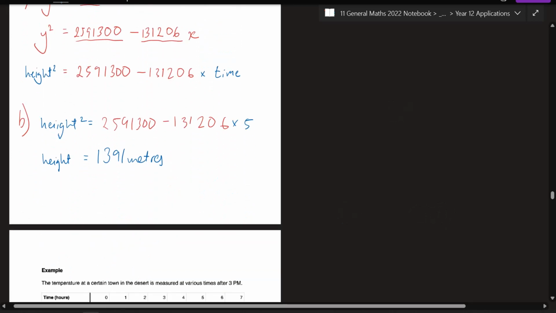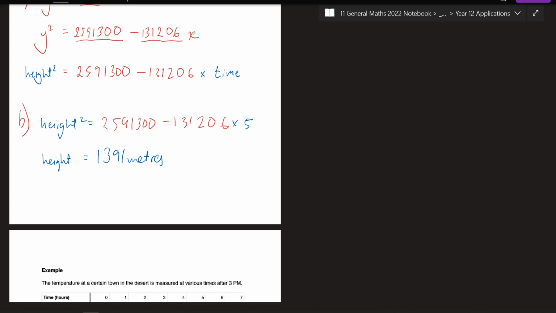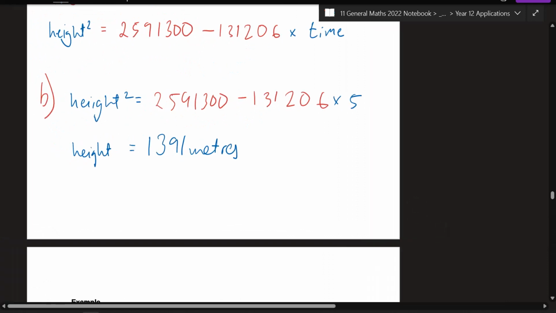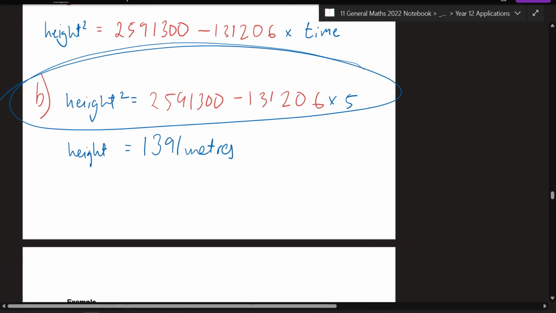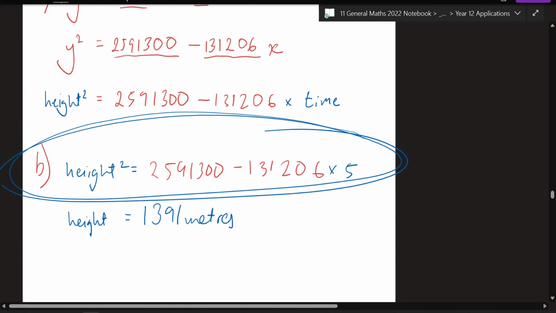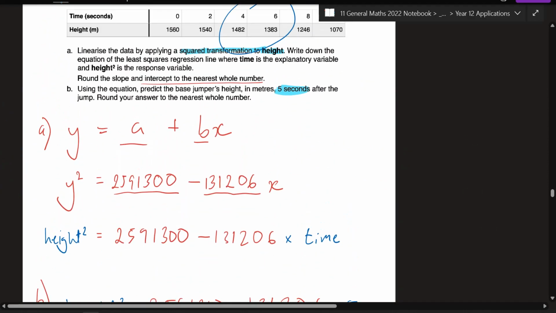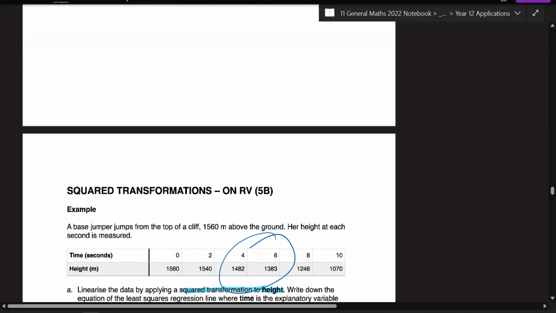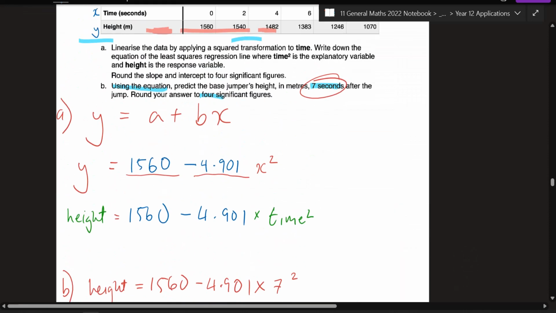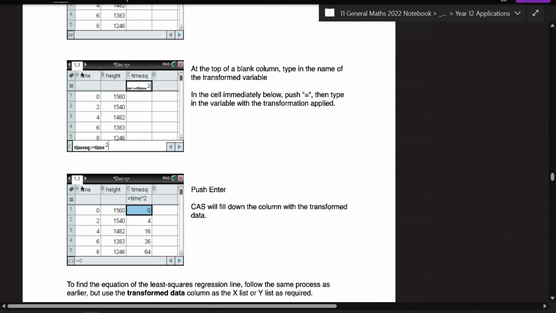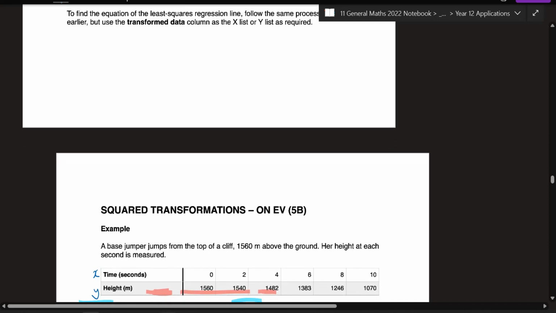Cool. All right, any questions with that? So the transformations aren't necessarily that hard. It's probably just getting your head around rewriting the formula and making sure that you're using the correct variables. So in year 12, remember, make sure you write your formula like this. Don't just leave it as this. And be mindful of what it is you're transforming. Generally speaking, the questions will tell you what to transform. In year 12, however, you know how there's like 6 things you can transform here? Sometimes you'll have to figure out which one is the best. But there's a way to figure that out. We won't talk about that today. But for now, that's